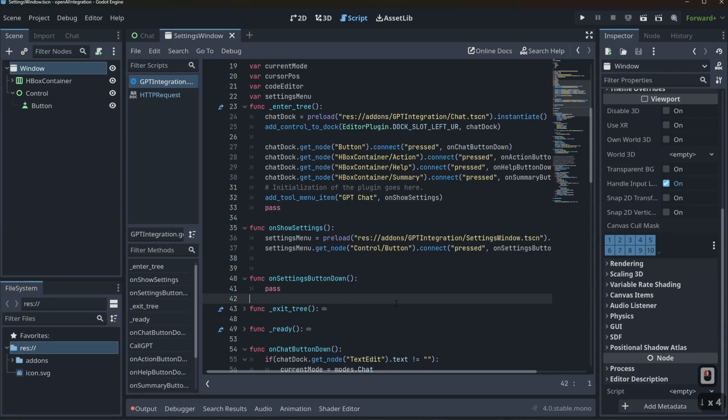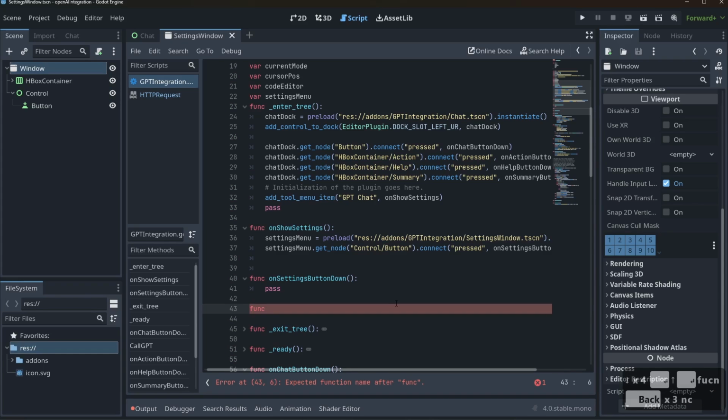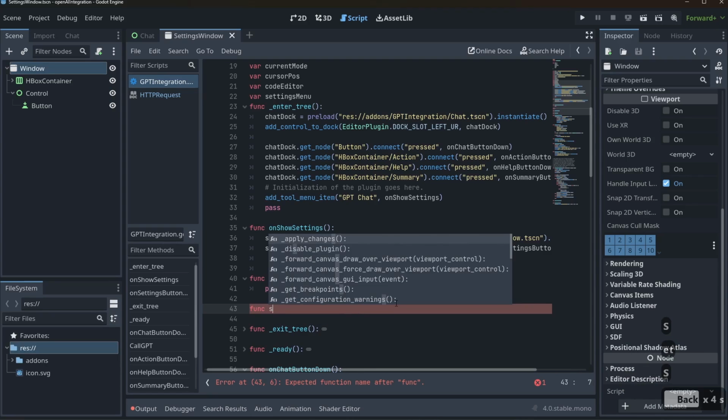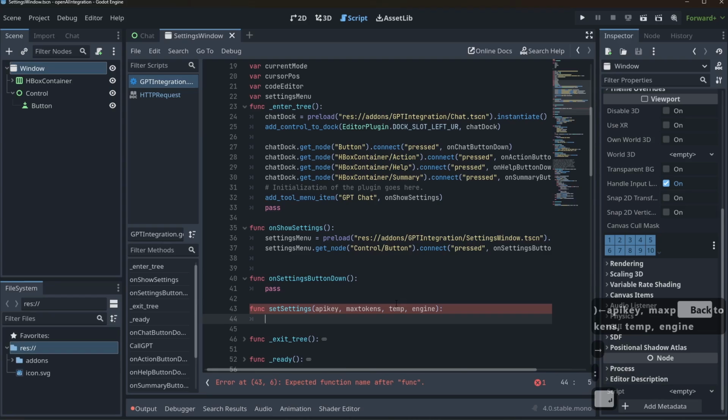Now I'm going to create a function for this because I don't want to have to do this multiple times. I don't want to have to refactor my code. So I'm going to put set settings like this. I'm going to pass in an API key, my max tokens, my temperature and my engine, like that. And then I'm just going to say